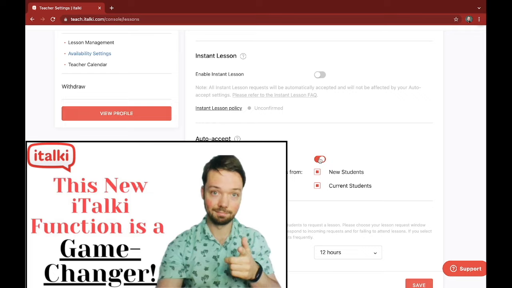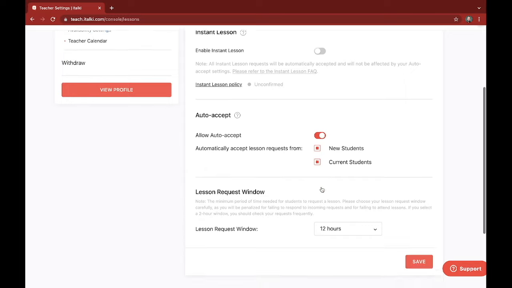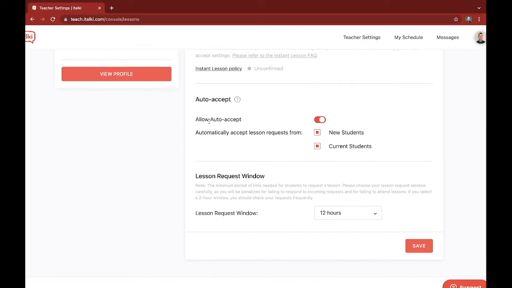auto accept. So right now I have this on, and I have it for new students and current students. So that means that I don't have to actively accept lesson requests. It just happens automatically. And another thing is that my lesson request window is 12 hours in advance. So that means that students cannot book any less than 12 hours in advance. But of course, it could help your profile in the algorithm if you have it down to 2 hours in